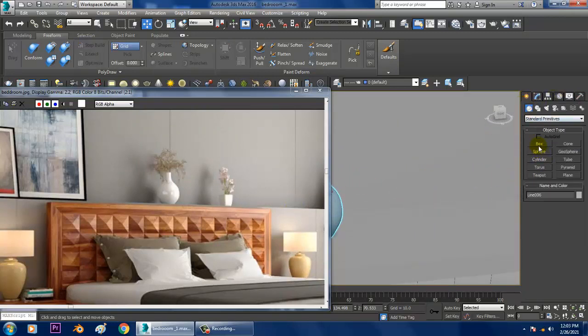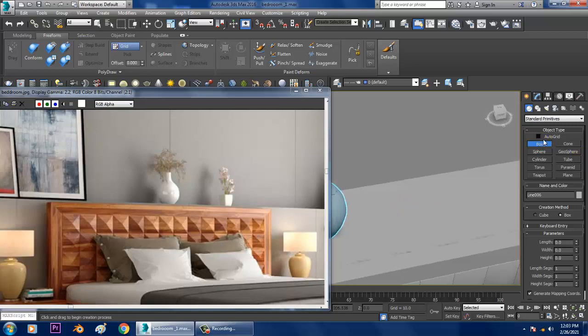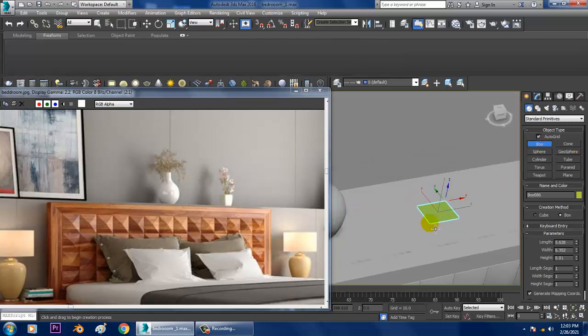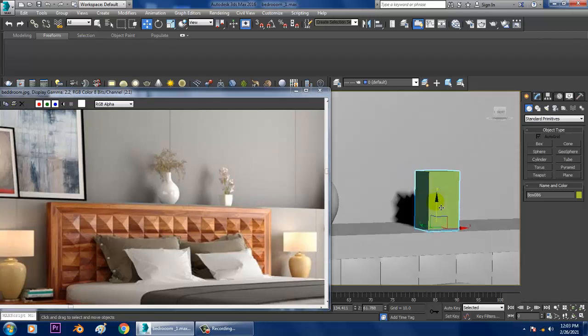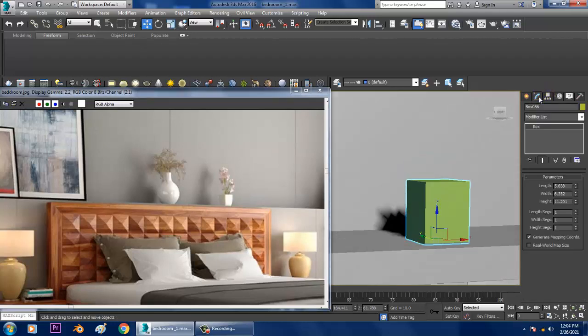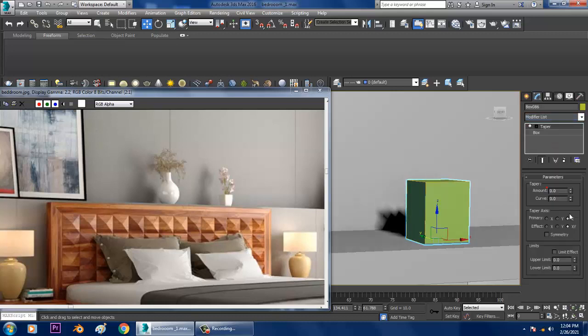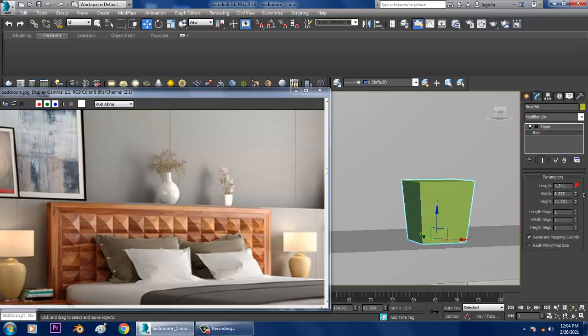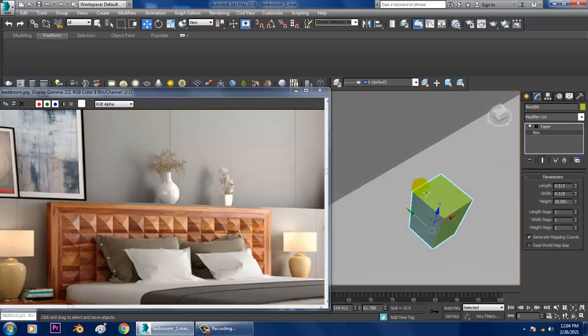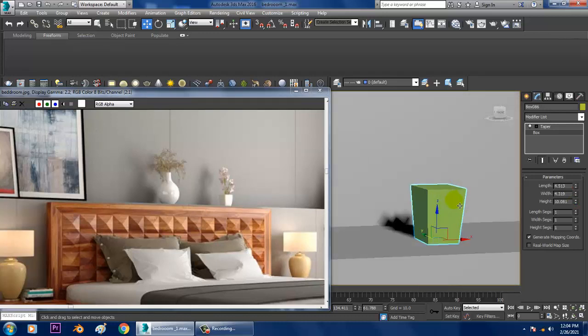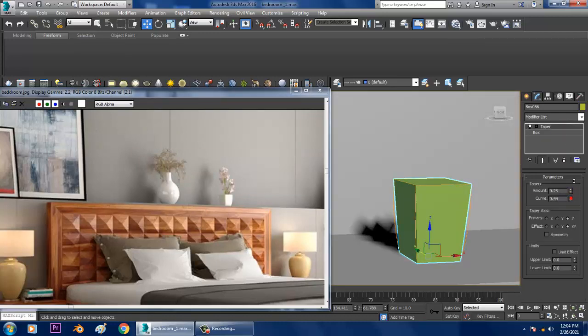Let's again take a box, activate the auto grid option over here and give a modifier, that's your taper modifier. So let's give a taper modifier, go into the box, you can slightly work with it. So once you're done, you can use a bit of curve to it, but before using curve you need to add some segments over here.